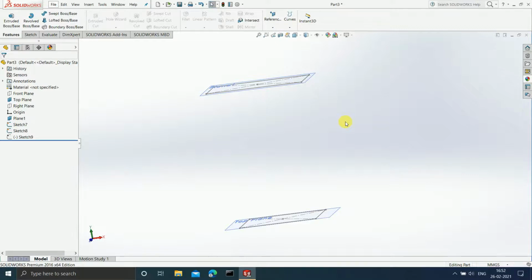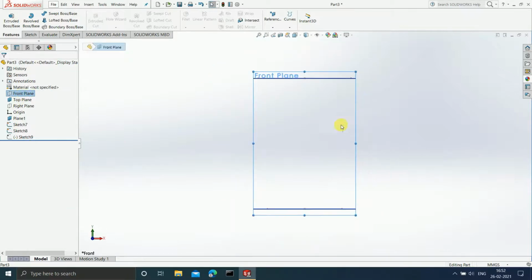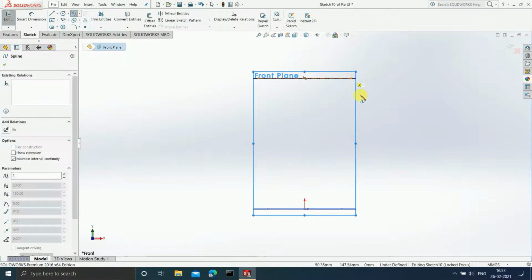So for that, let us select the front plane, press Ctrl 8, and create a guide curve here. You can create curves according to your need, but I am just going to show you 2 curves here. Click on sketch, click on spline, and let us create the curves here, starting from this particular point.